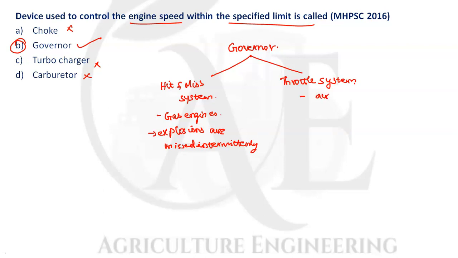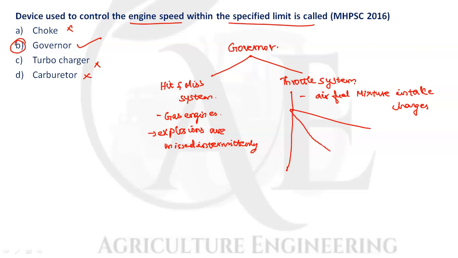So the amount of air and fuel mixture in intake can change by using the throttle system. Air and fuel mixture intake changes. So automatically there is less power in the engine. Automatically the speed of the engine is also limited. So this throttle system can be divided into centrifugal governor, pneumatic governor,